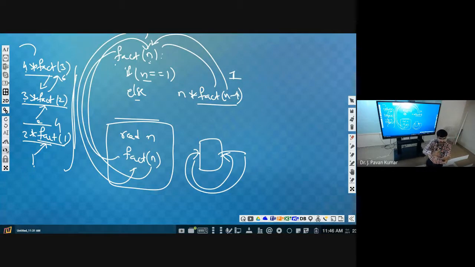In WhatsApp messages, what will come first? Whoever has messaged last, that will come first, isn't it? Yes or no? So it is also in the same way, whoever comes last, that will be processed first. Then afterwards, what will be the second one? Second last will be the second one. Okay, next third last will be the third one, isn't it?